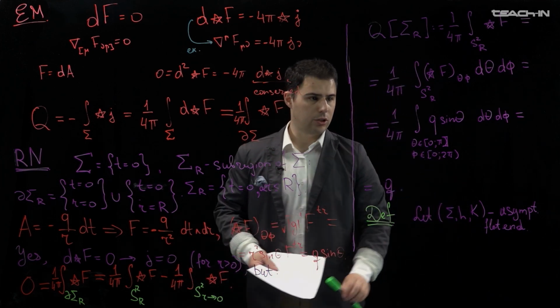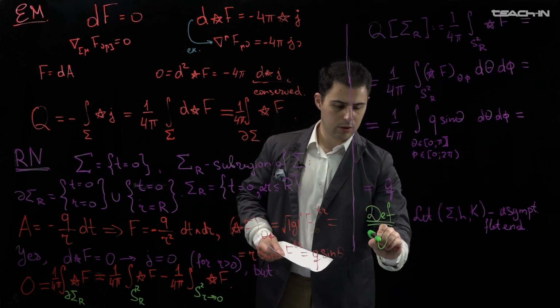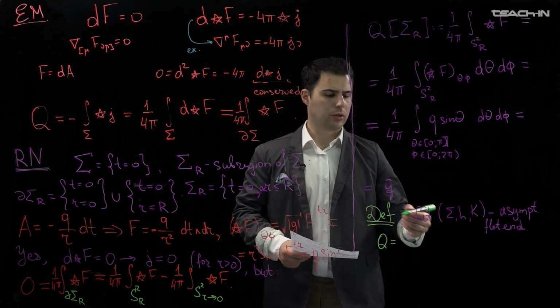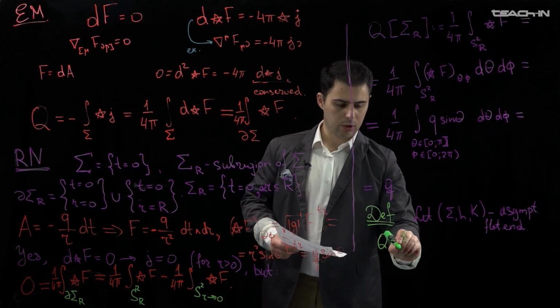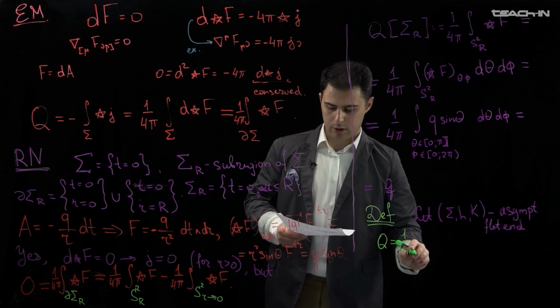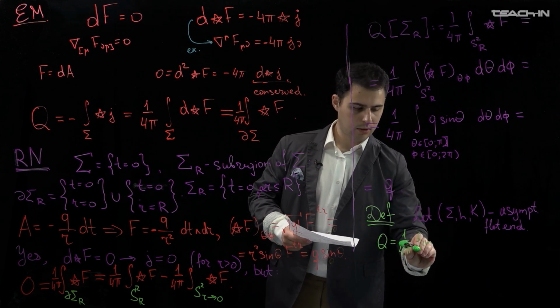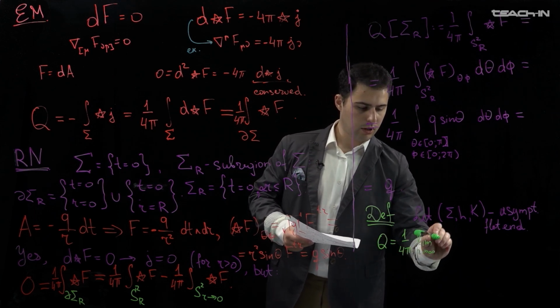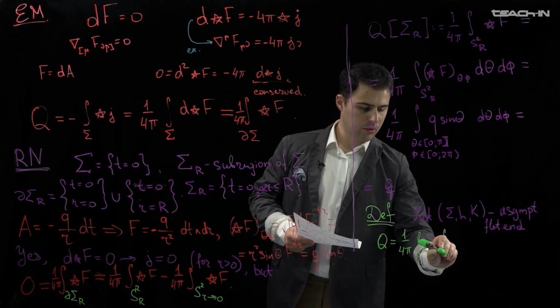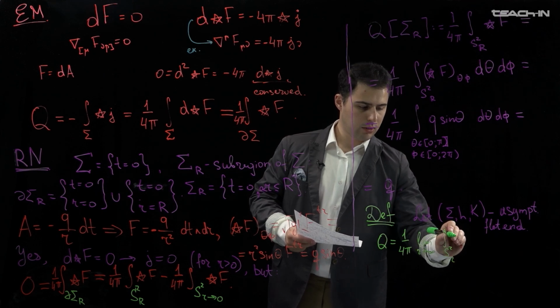The electric charge is given by this quantity, Q equals 1 over 4 pi, limit r going to infinity of the integral over S_R of star F,